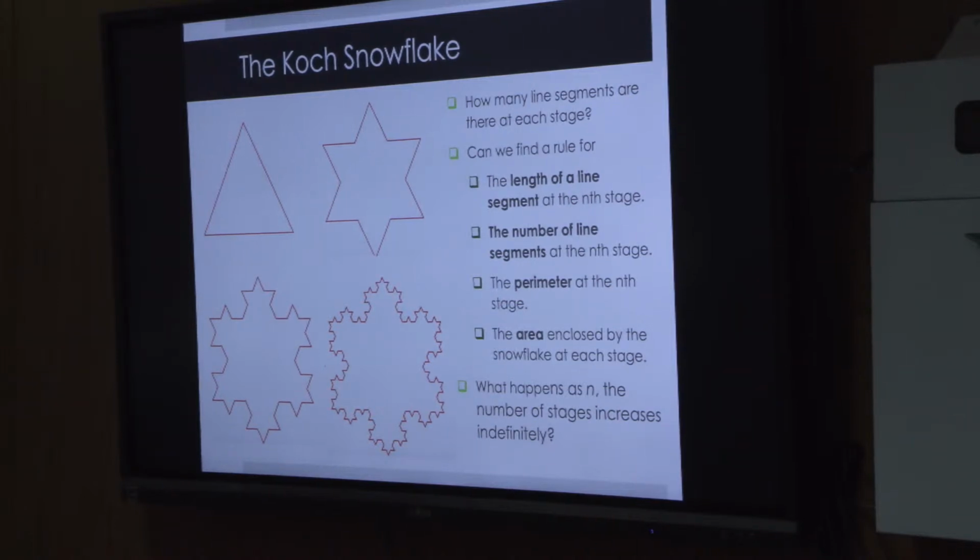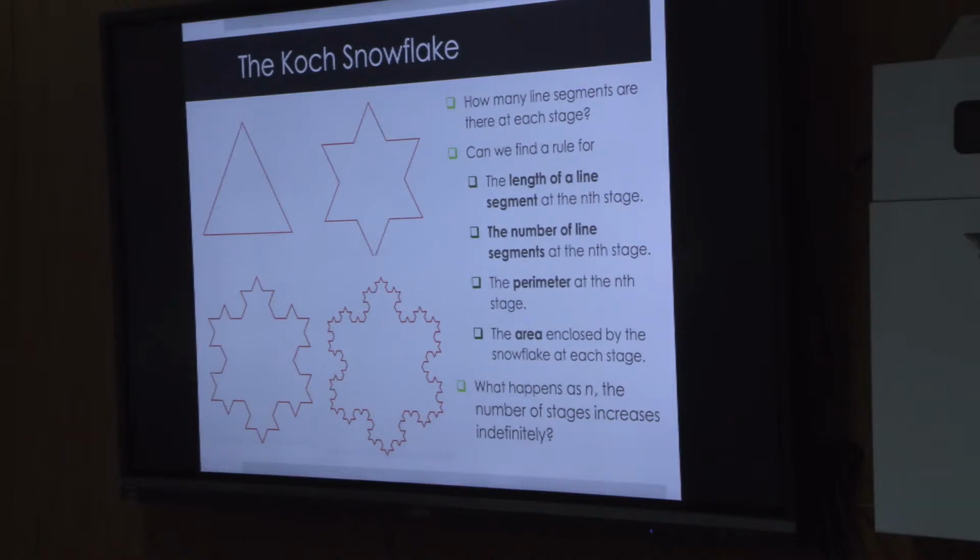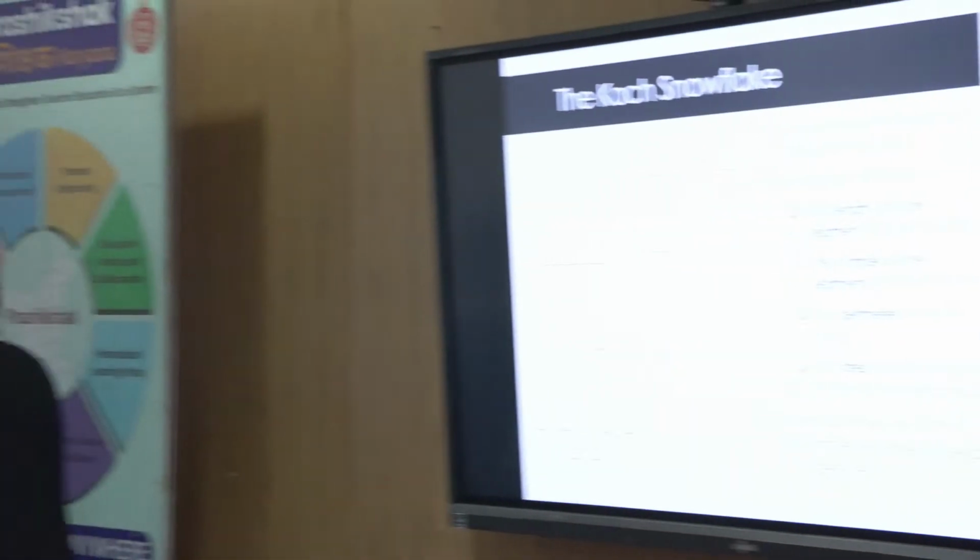Now, see, if you look at the equilateral triangle area, we all know the area is root 3 upon 4 into side square. The side is suppose 1. So initial area is root 3 upon 4. So has the area increased or decreased or what has happened? Next stage. It has increased because you've added 3 more small equilateral triangles to it. Then from that stage to this, you further added 12 more triangles. So you're going on increasing the number of triangles. So what should happen? So the area goes on increasing and what will it approach?